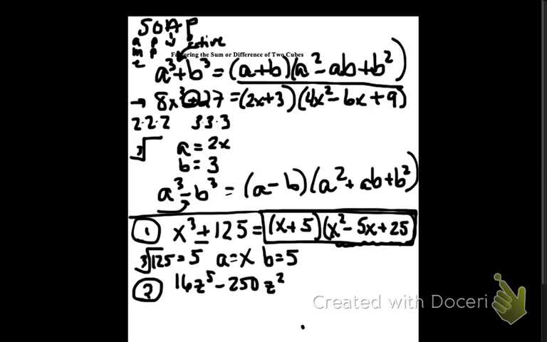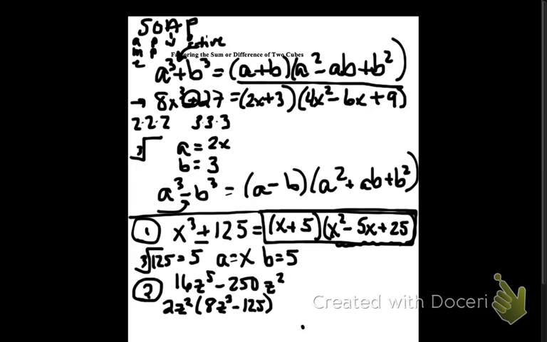Between my coefficients, I know I can factor out a 2. Between my variables, I can factor out a z squared. That will leave me with 8z cubed minus 125 inside parentheses. Once I've factored out the common monomial term, I can look inside the set of parentheses and see if I can continue. It's two terms, so the only possible thing I can do would be to check for one of